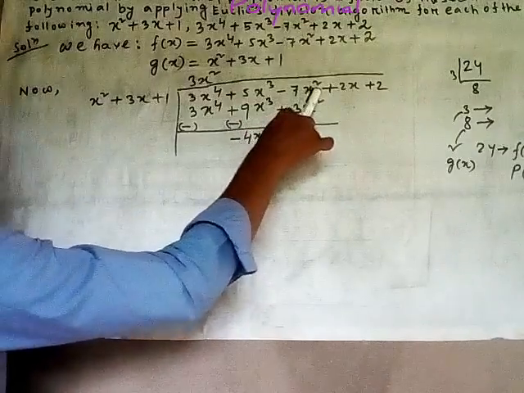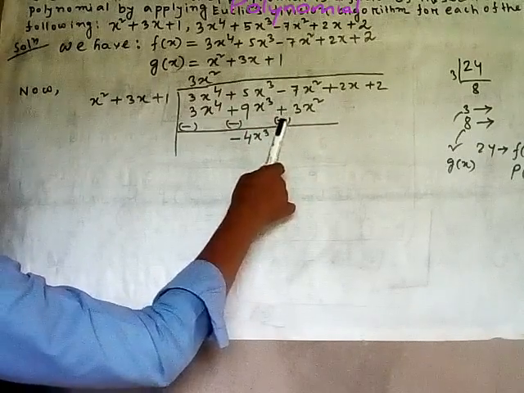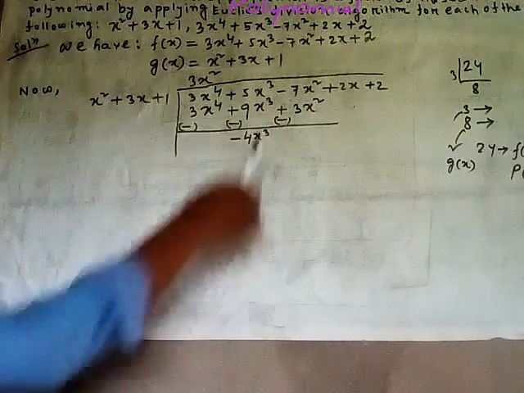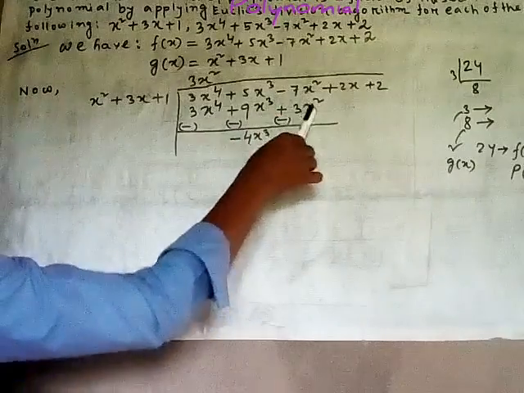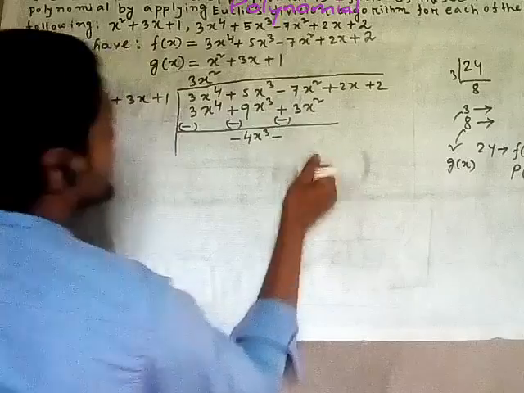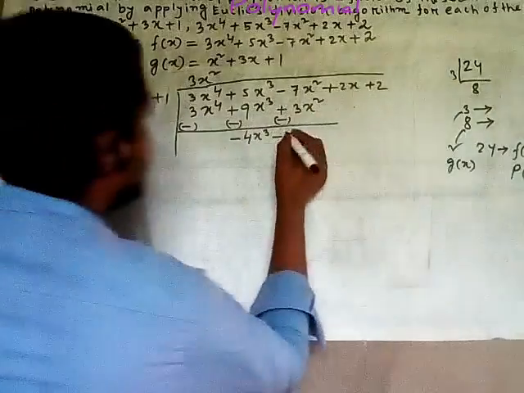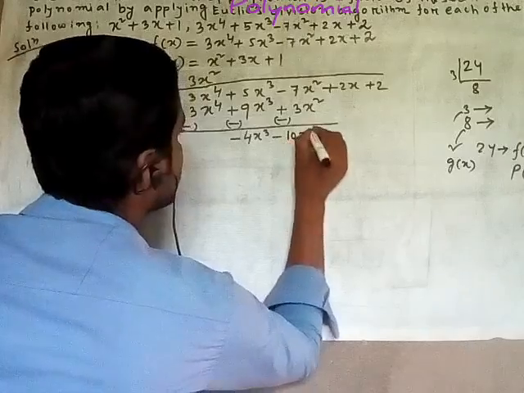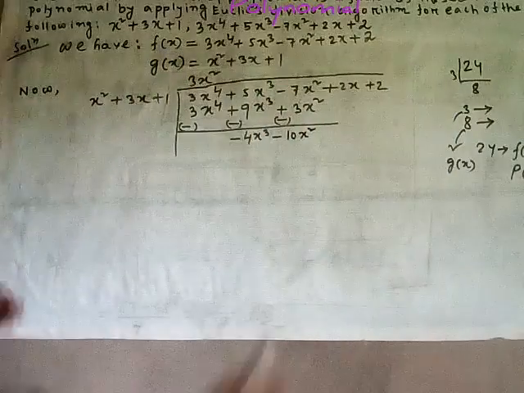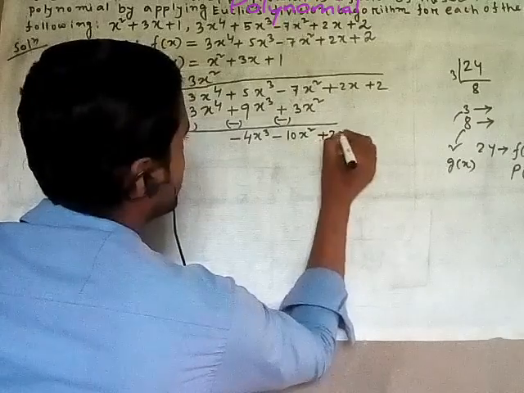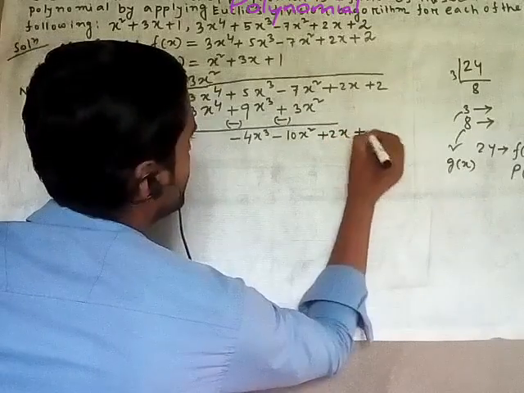Here 7x square and minus 3x square, the plus symbol is changed by subtraction, so minus 7x square minus 3x square, so we can put here minus and minus, what do we have to do? Plus 7 plus 3, 10x square. Then what remains? Last part, write down plus 2x plus 2.